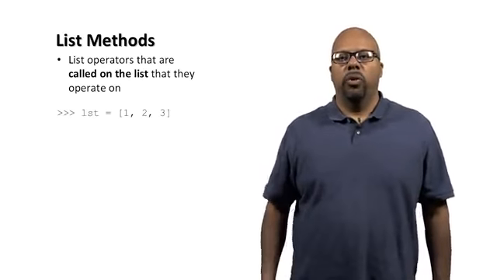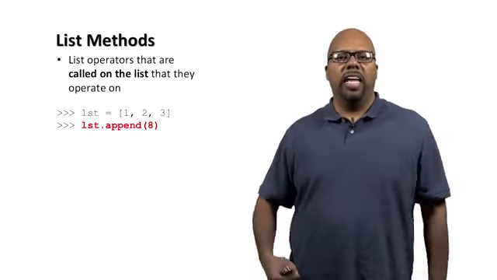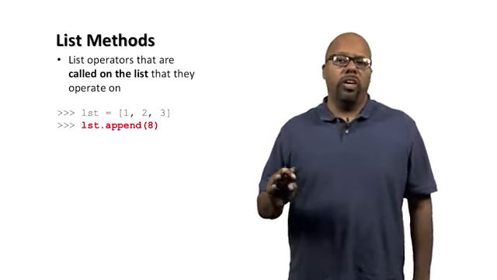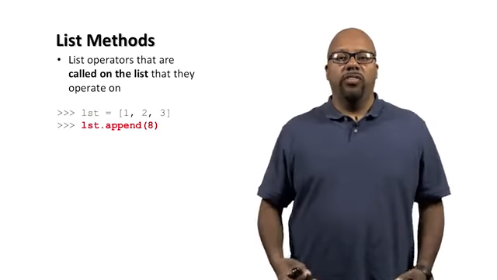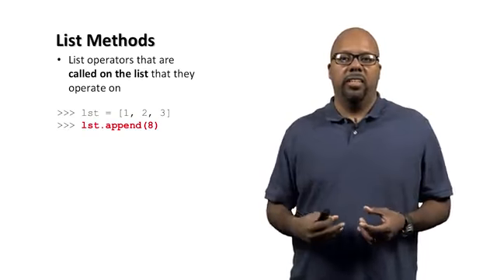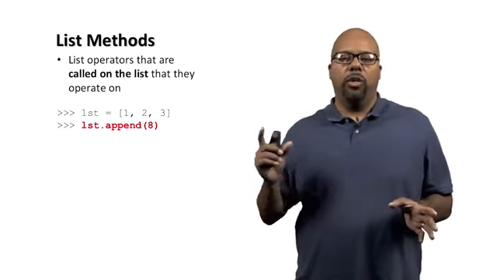So you've got a list, 1, 2, 3. And you want to append something to the list, meaning add a number 8 onto the end of the list. So there's a list method called append. And the way you invoke it is you say lst.append, and in parentheses you pass 8. So what that will do is it'll take this list, lst, which we just defined, and it will append 8